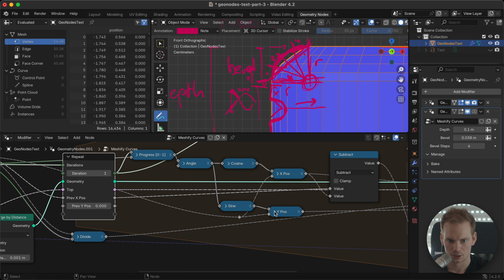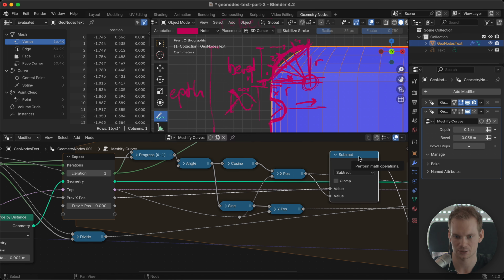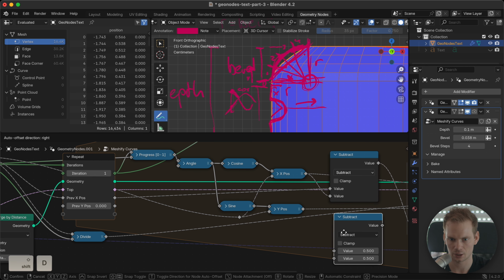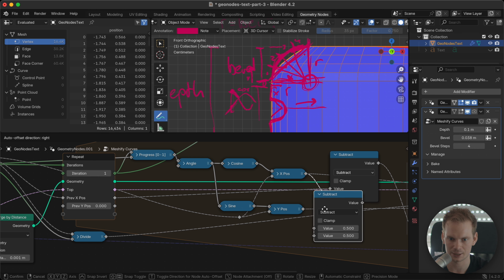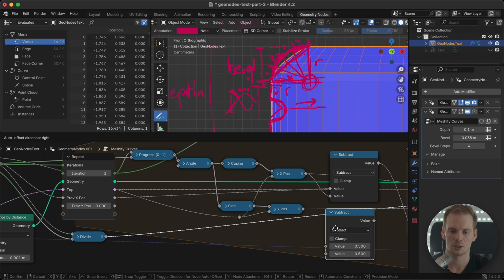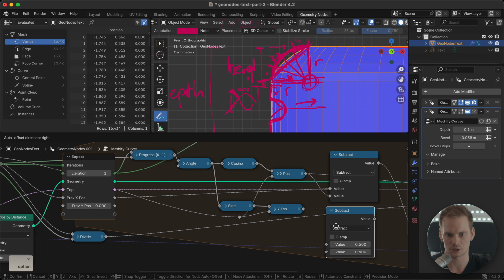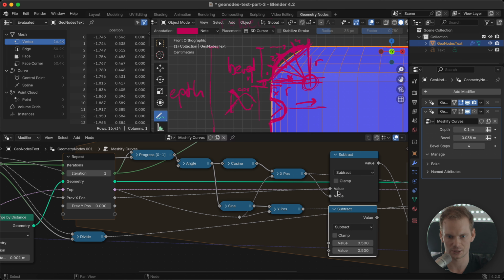That's fine. Now, we want to take the difference between our calculated y position and then the previous one. The way to do that is to subtract. So this subtract, let's duplicate that. And if you are moving around your node and you don't want to drop it and let it connect automatically, like you see here, these noodles under the node are kind of lighting up. If you don't want that, you can hold Option or Alt to not do that and just drop it without doing that. Might be useful.